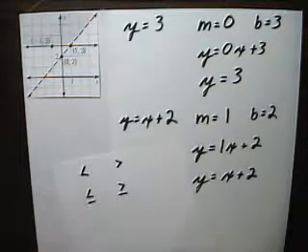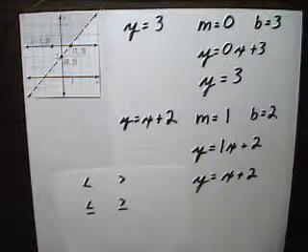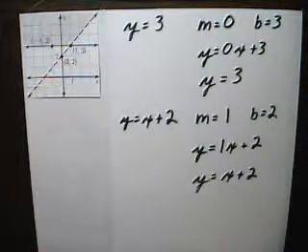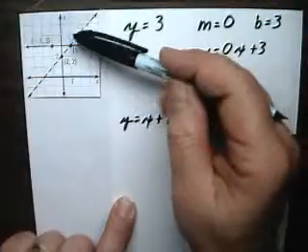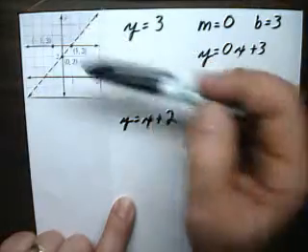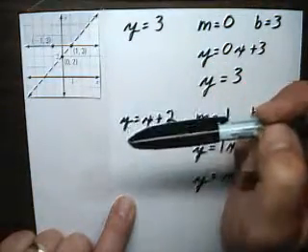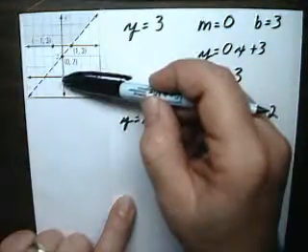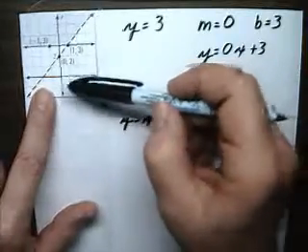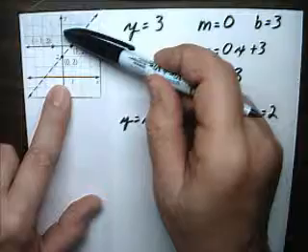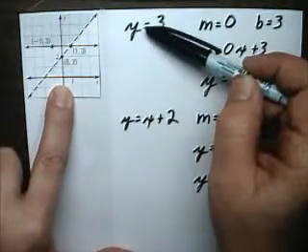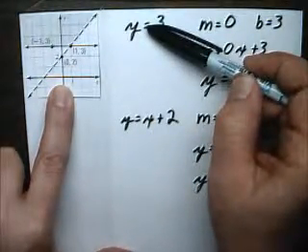We have to figure out which one of those goes in there, and that's going to be based on the shaded region. I think I'll do it just by looking at this point, 0, 0. 0, 0 is not part of the shaded region, so if I'm going to make this into an inequality,